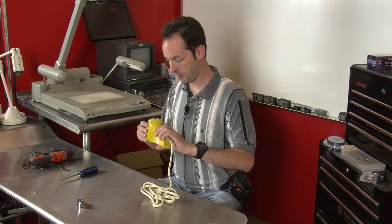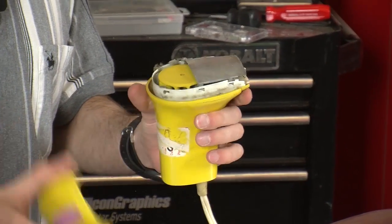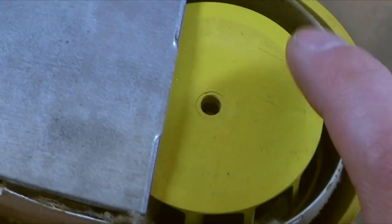Now, we took the front off. If there was only one screw that held this whole thing together, I'm going to freak out. Yeah, it just clips in there. All right, so now we're down inside. You can see that's the fan. Oh, wow. Okay, this is...